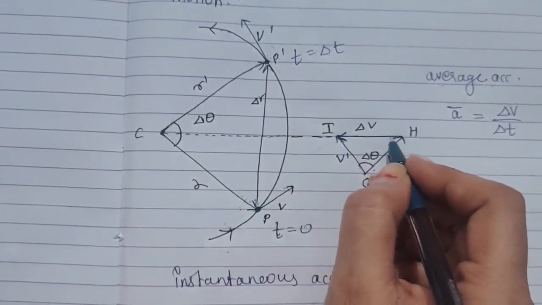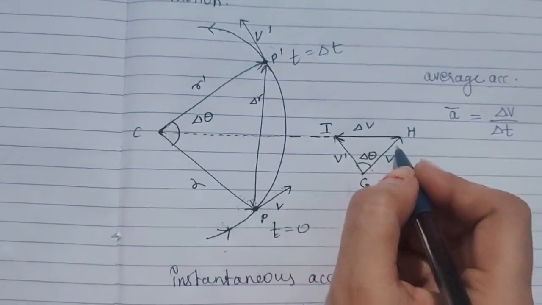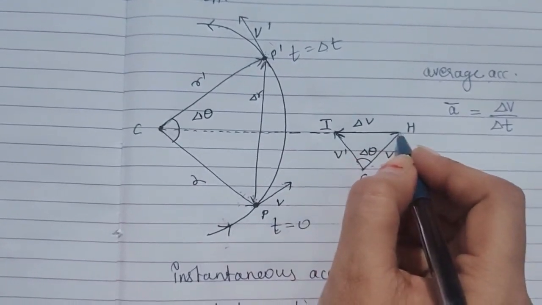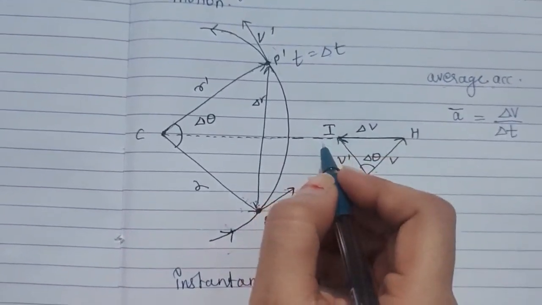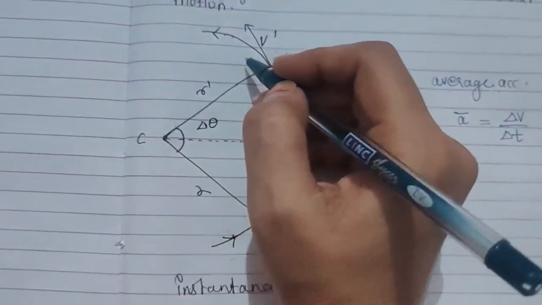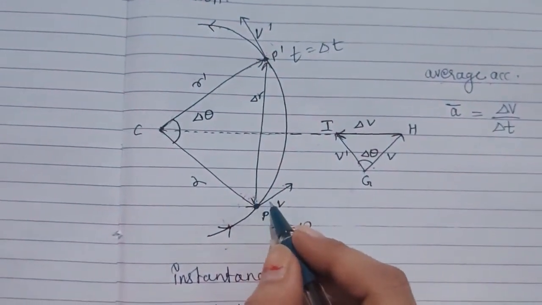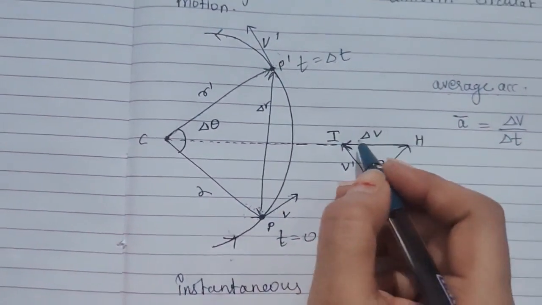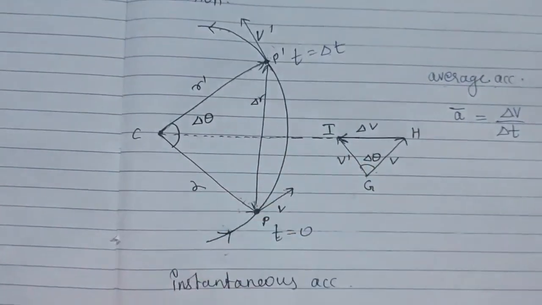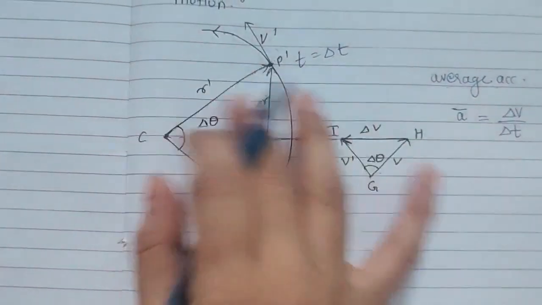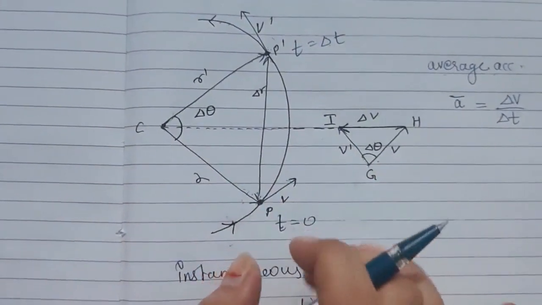Now when we want to calculate delta V for this motion, we can draw the vector addition again, delta V in this direction. What we see is, as R dash is perpendicular to V dash and R is perpendicular to V, delta V is also perpendicular to delta R. It is easily seen in this diagram. So this is what we have drawn and understood about the motion.